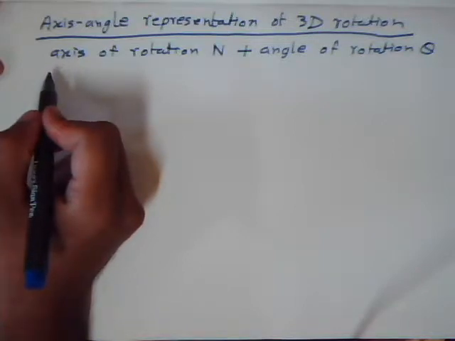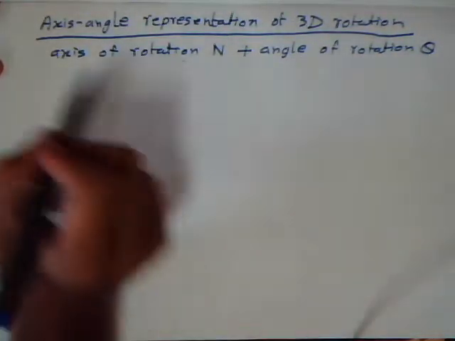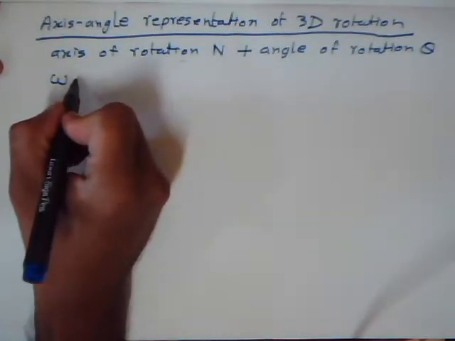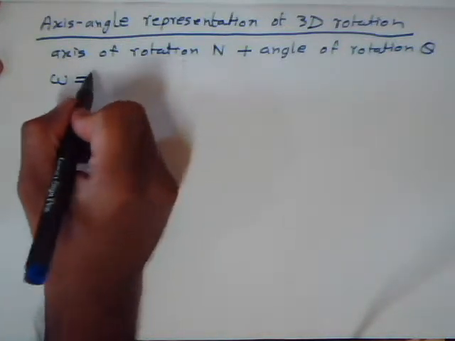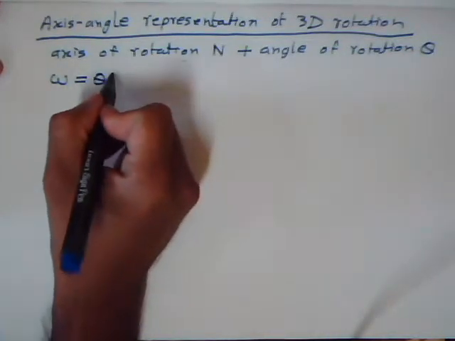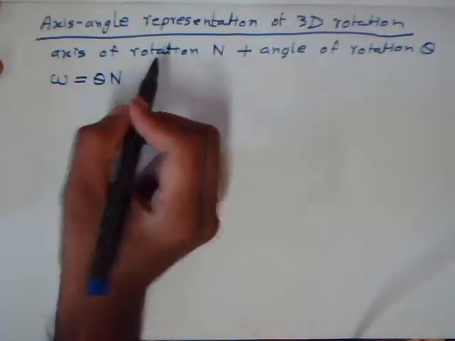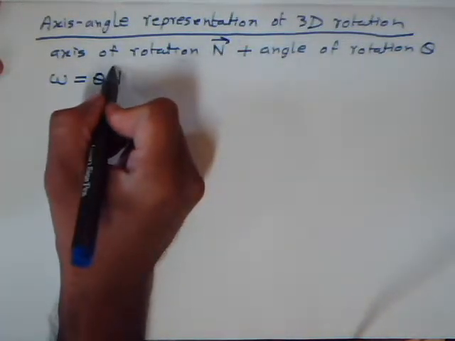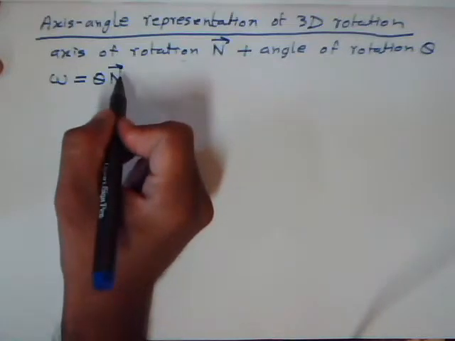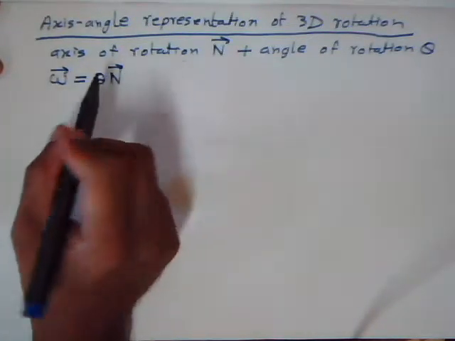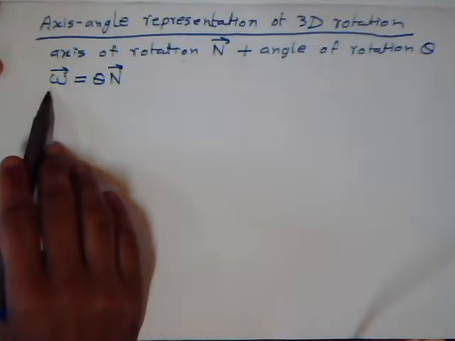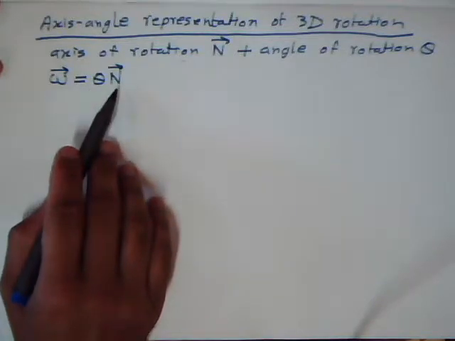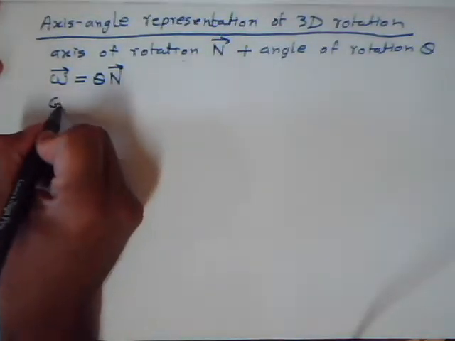Often it is convenient not to specify the axis and the angle separately, but to specify them together with a vector. Let's call it omega, which is equal to the scalar theta times the vector n. To distinguish scalars from vectors, let me put an arrow above the vectors. So often we can specify the rotation in terms of the product of theta and n. So now, given